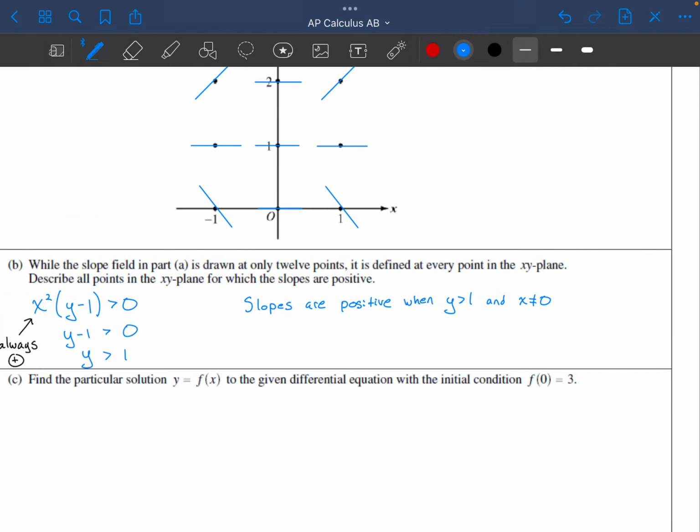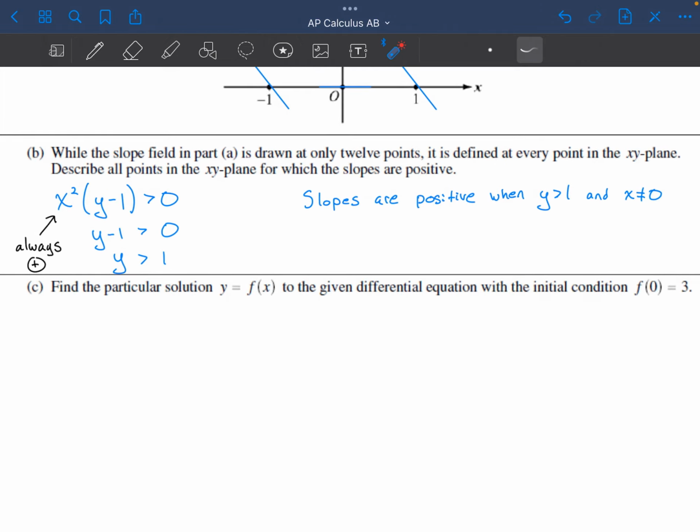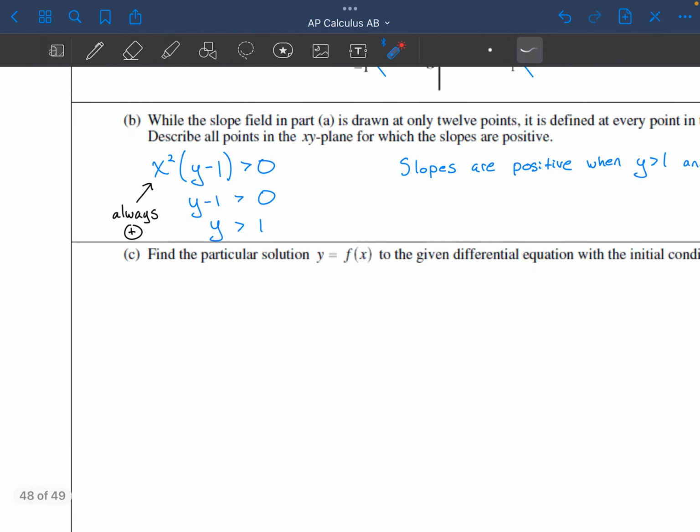Cool. And okay, this is going to be the bigger part. So whenever you see the words particular solution, you are going to do those 3 steps, 4 if you're going to go for that extra point: separate, integrate, evaluate, and maybe isolate if you have time. So let's go ahead and I'm going to rewrite the problem before I do anything. So the problem was